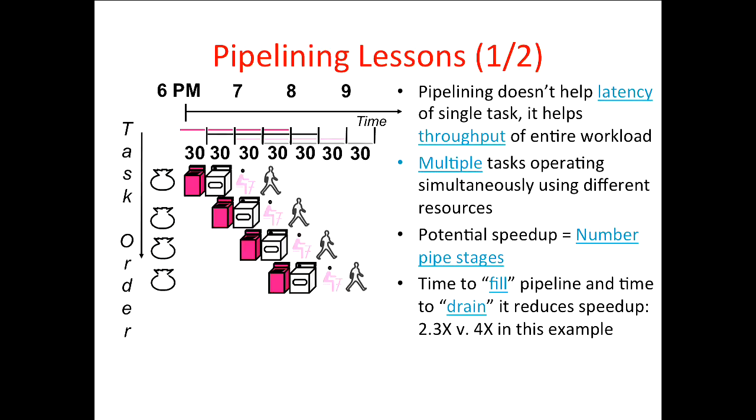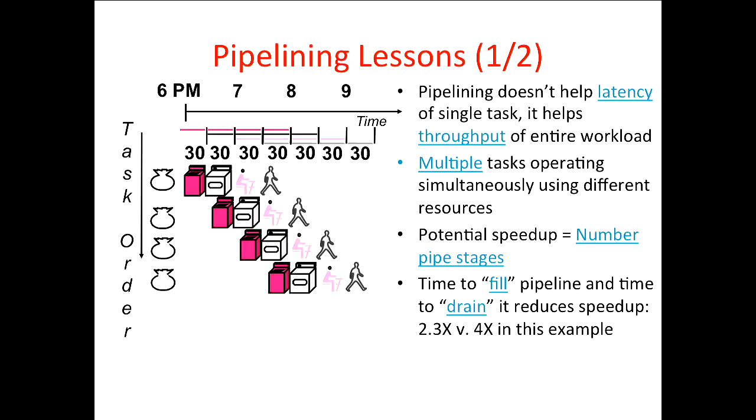Now, some things about this approach, it doesn't help you do any one piece of laundry faster, right? If you've got some cute dress you really want to wear that evening, and you've got to wait for it to go through laundry, pipelining is not going to help you get your dress washed sooner, right? You have to wait for it to go through these stages, right? So pipelining doesn't help the latency of a single task. So any given load takes just as long as it did before. So latency, the time to finish one thing, hasn't changed. All that you've improved is the throughput, which is how many loads of laundry can you do in a day,